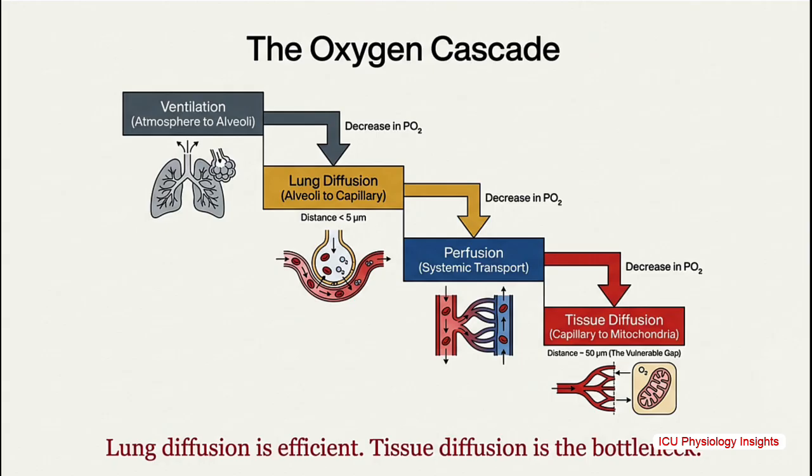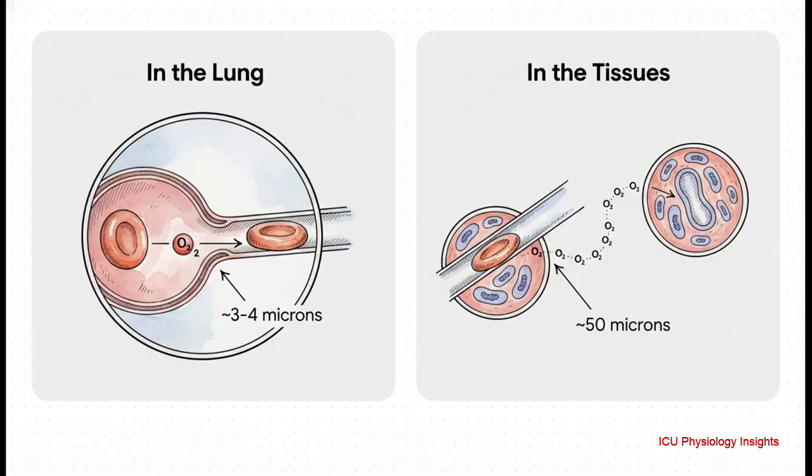So we've mapped out all the systemic disturbances. But why? Why does the body defend pH so fiercely? Well, it all comes down to the cellular level, and specifically the delivery of oxygen. Now, this is a really fascinating slide because it shows a stark contrast in scale. In the lung, oxygen only has to diffuse a tiny distance, just a few microns, from the alveolus into the